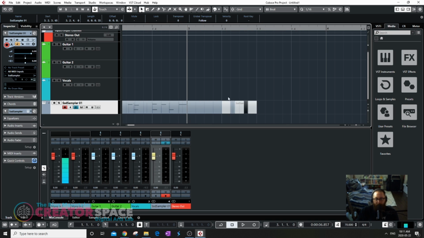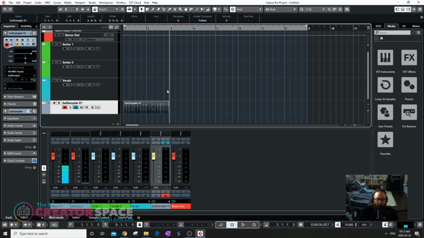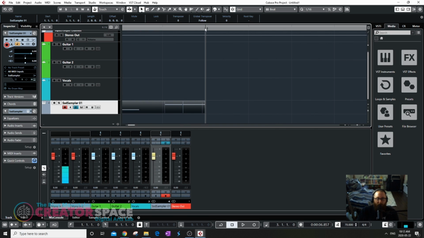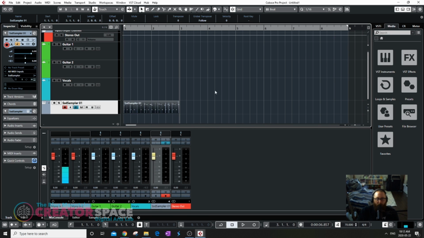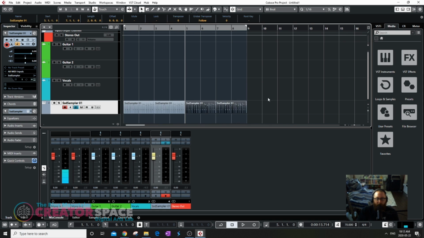Again, this is MIDI data. These editing functions are the same whether it's MIDI or audio. But if you're setting up a MIDI drum track like we're doing now, you're definitely going to want snap to grid on. So it's super easy to extend this drum loop. You just copy and paste it to the next bar. So now I've got 2, now I've got 4,